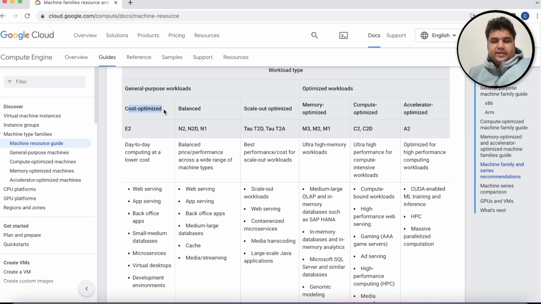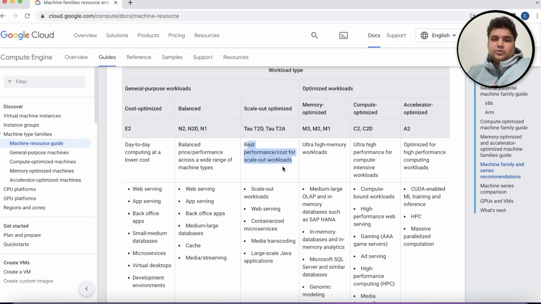E2 is a better candidate when you are using it for a shorter time, and N1, N2 is a good candidate when you are running it for more than 24 hours, or regularly for more than 12 hours. So if you are creating infrastructure on demand for a few hours, go with E2. But if you need it for a full week or full month, this is your candidate. Same goes with